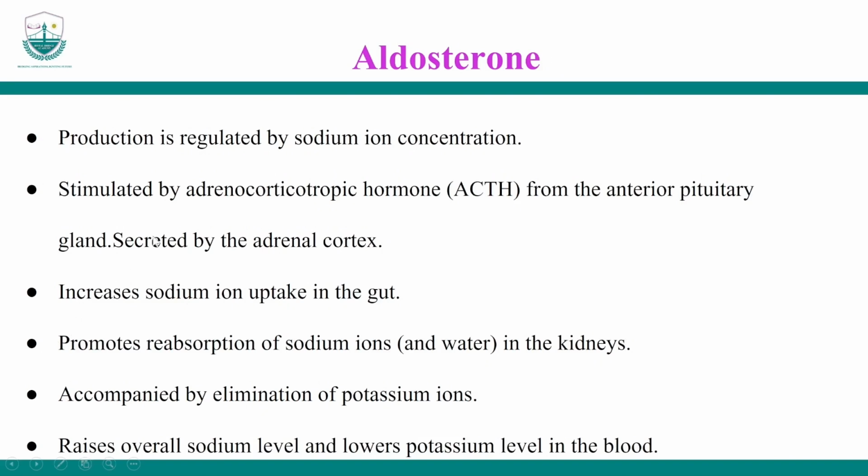So aldosterone will increase the absorption of sodium in the gut and also its reabsorption in the kidneys. This usually is accompanied by elimination of potassium ions. The overall aim of aldosterone is basically to increase